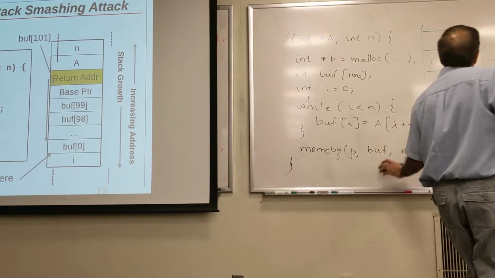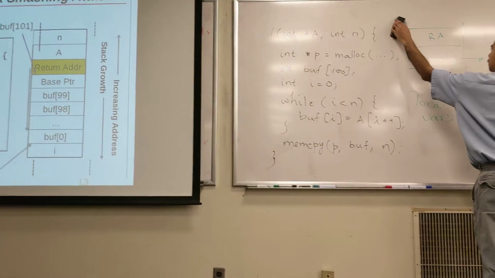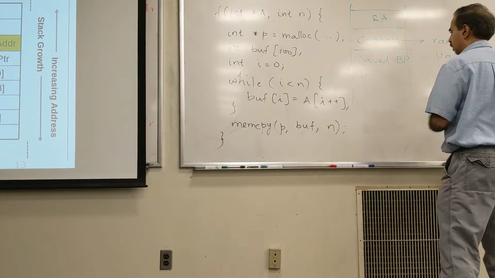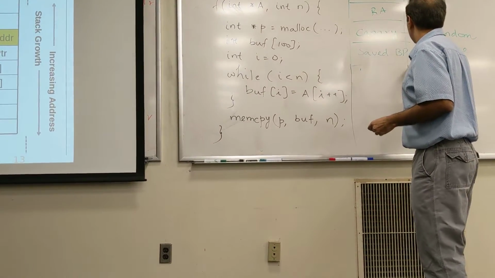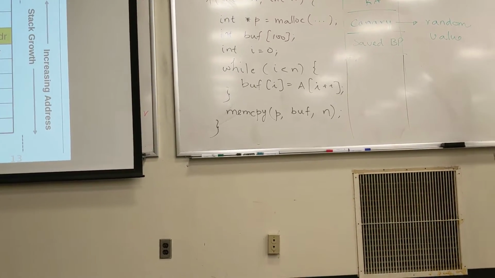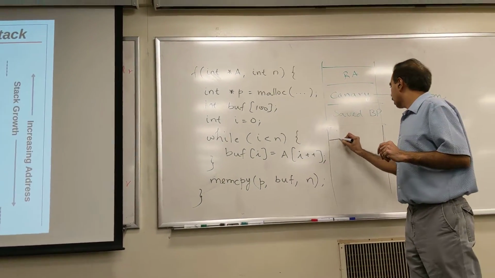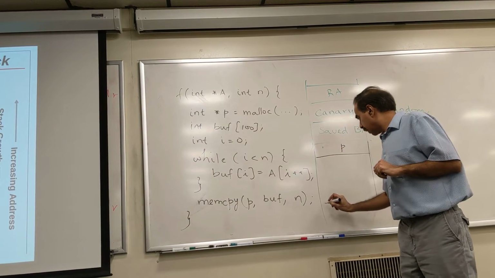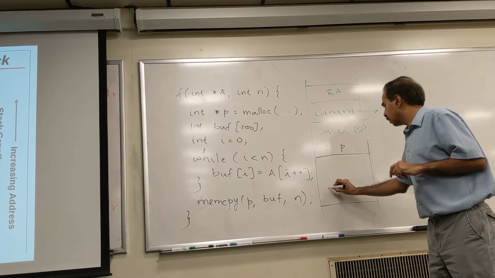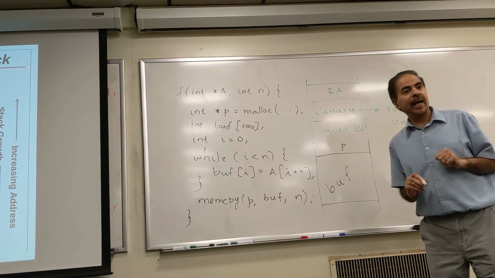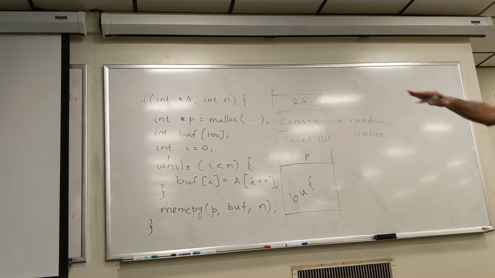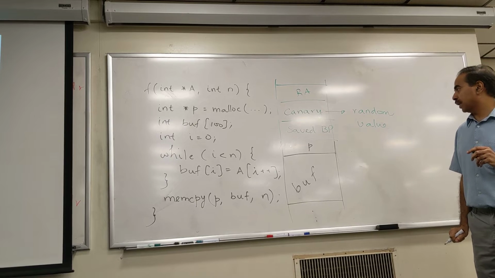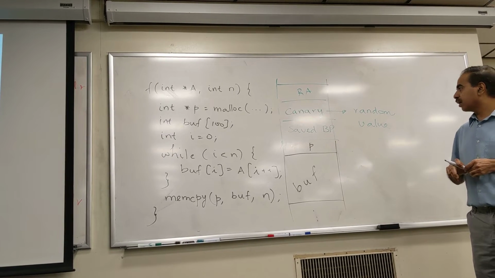So let's see. Okay, so let's write down what happens here. So the saved BP is going to look the same. And then the local variable P is going to be allocated. And then this is going to be buff, right? So the array buff, so the same array, and whatnot. Okay. So the important thing here is that the attacker does not,